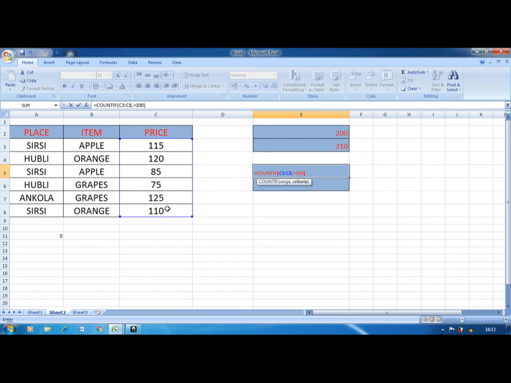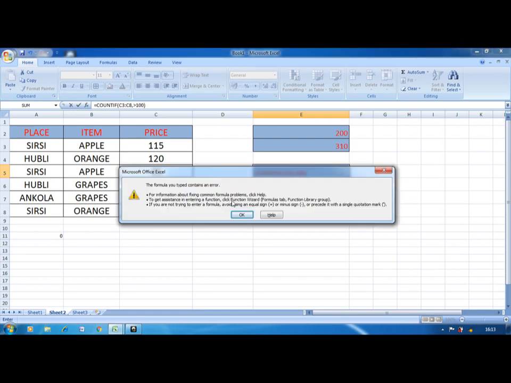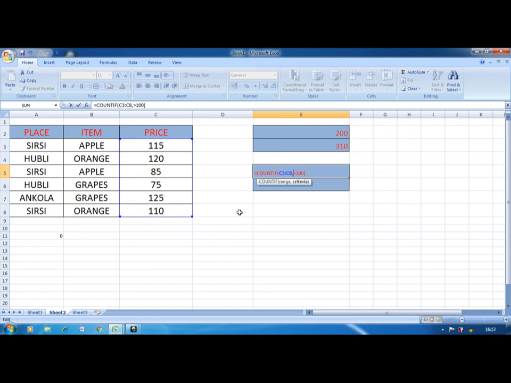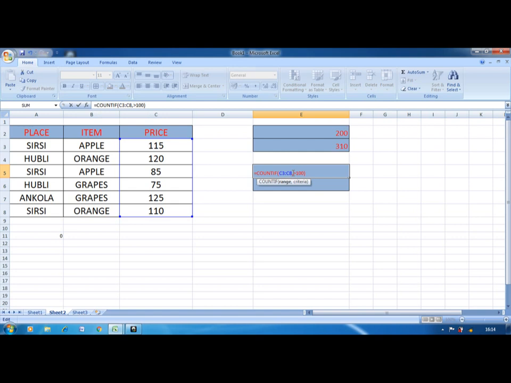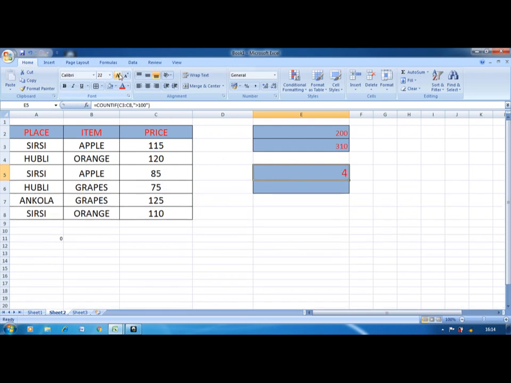So bracket close, then enter. The formula is having some problem. Criteria we have to include in double quotes and enter here. So here, four numbers are there which are greater than 100.